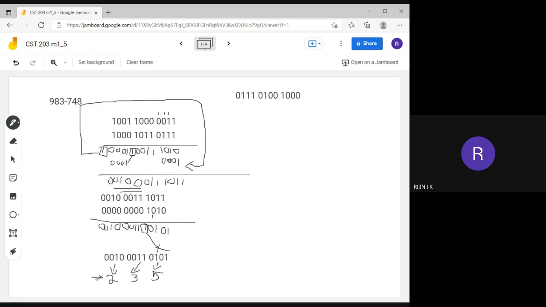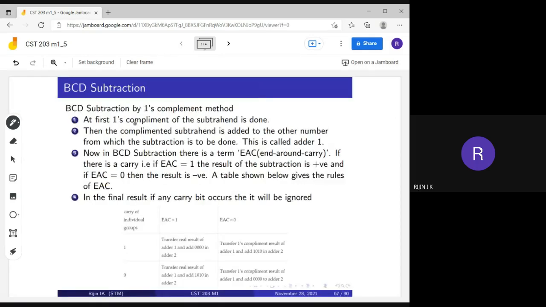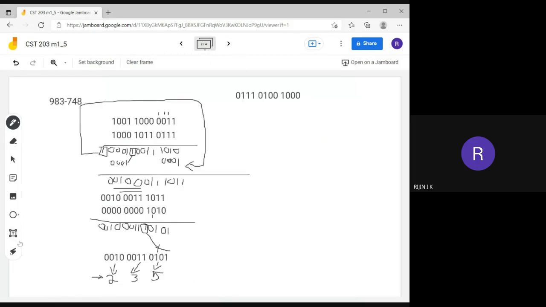So this is how we perform the ones complement subtraction. What is the procedure? First we need to find the ones complement of the subtrahend. Then add these two numbers.